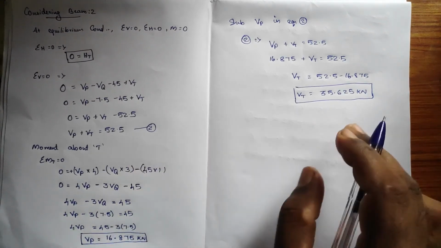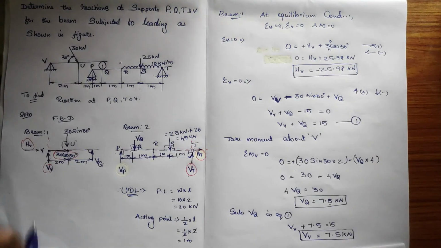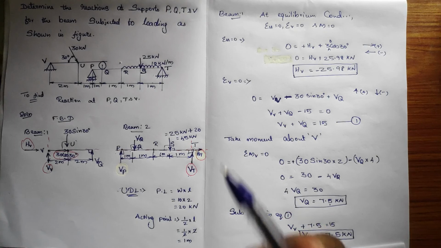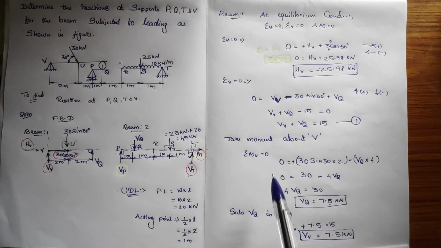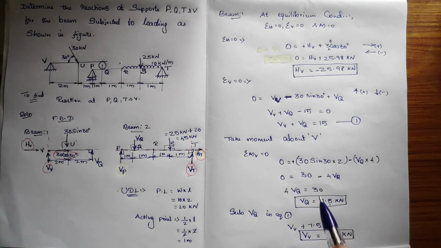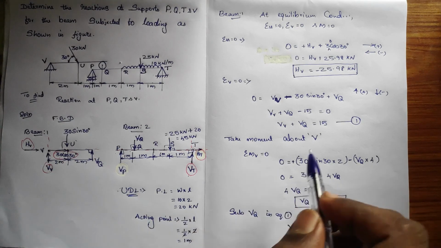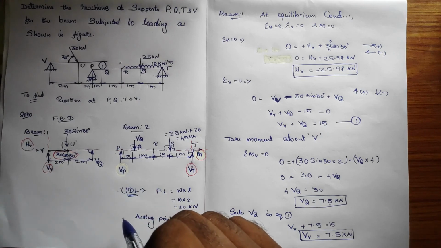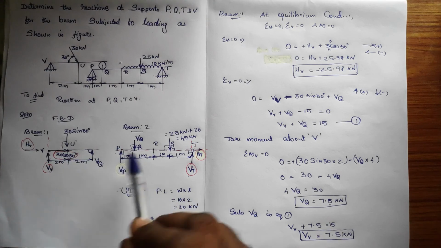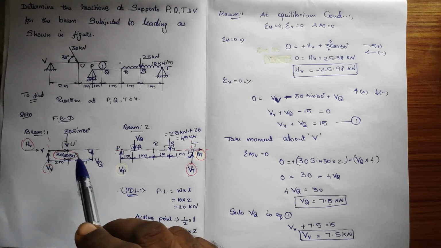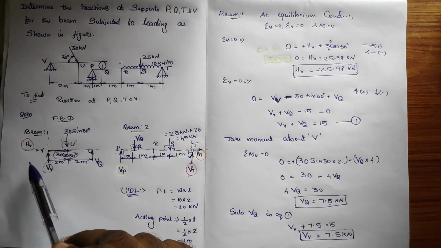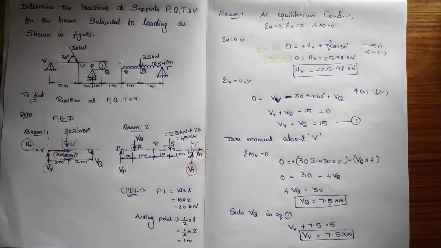Okay, it is easy when you are having two kinds of beams, something like this. Take them separately and put the equilibrium conditions. One by one you can follow the equilibrium conditions: sum of H, sum of V, and moment. At that time you will get the unknowns present in that particular beam. And one thing I have to say, always prefer the beam which has fewer unknowns. When comparing beam 1 and 2, actually beam 1 has fewer unknowns.